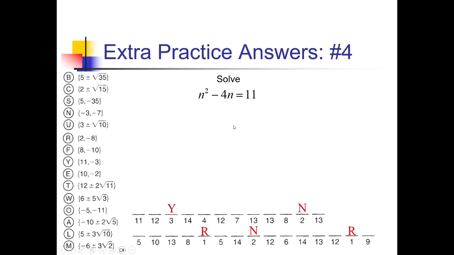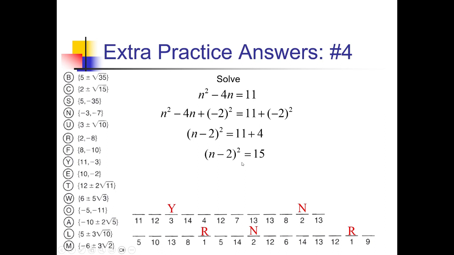For this one, we've got a squared coefficient of 1, no constant on the left. Let me complete the square. Half of negative 4 is negative 2. Let's square negative 2 and add that to both sides. So we've got n minus 2 quantity squared on the left and 11 plus 4 on the right, which gives us 15 over there. Square rooting both sides, we have n minus 2 equals plus or minus square root of